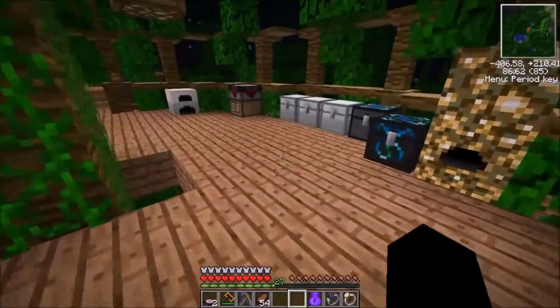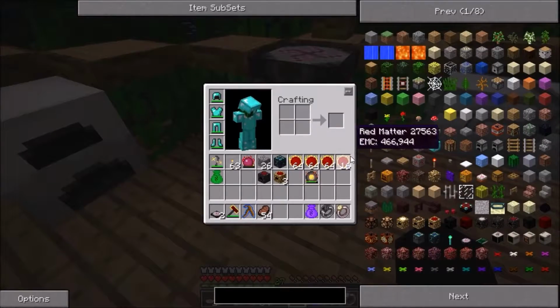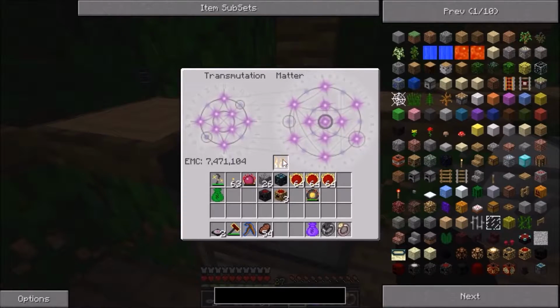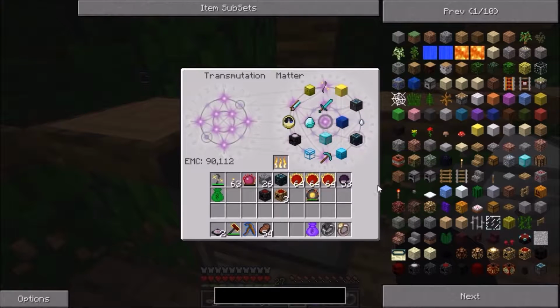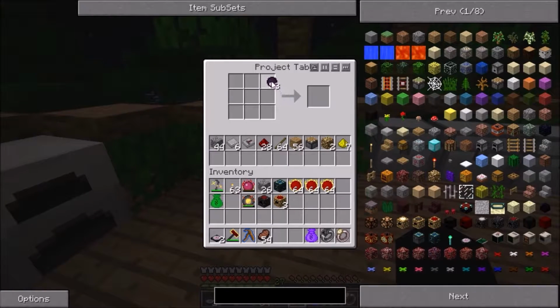So let's put all of this red matter to use. Man, this is crazy. Oh right, no, that's not how the Philosopher's Stone works. And the red matter doesn't nicely go into dark matter at any rate. That was quite a lot of dark matter for that amount of red matter. I mean, it is all equivalently exchanged, but this is more than enough dark matter for us to upgrade our